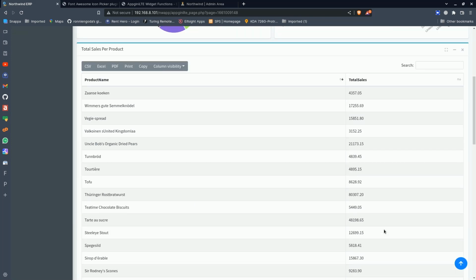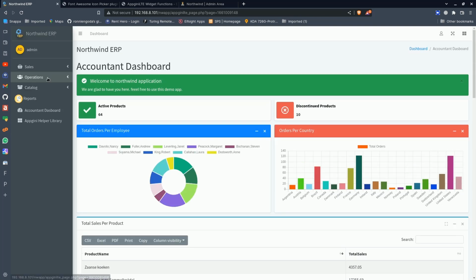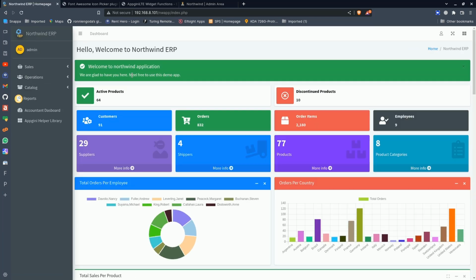And I think that's it. We have had a look at the custom pages. We have had a look at the reports. We had a look at the info cards. So that's it. Basically, we have now had a full, complete overview of how you can use different things